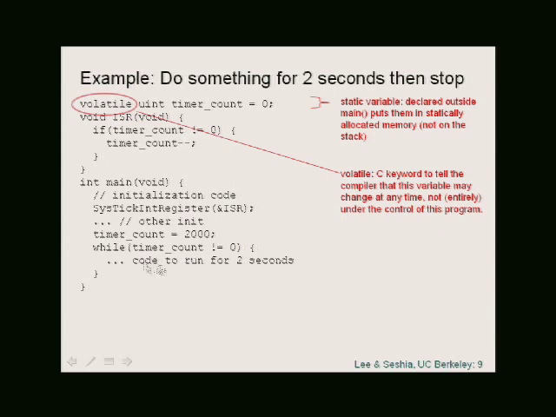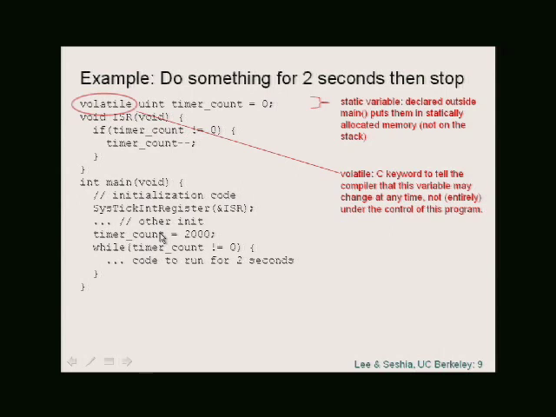Okay, using the volatile keyword, you ensure that the value 2000 is actually stored to the memory location allocated to the variable timer count. And each time you run this while loop, you check the value of that variable. Okay, so